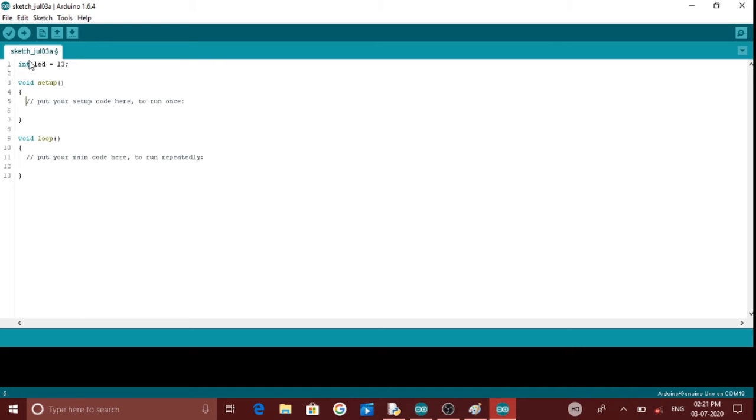Then in void setup, first we have to define a baud rate. Baud rate means the rate at which Arduino is communicating with its peripheral devices.